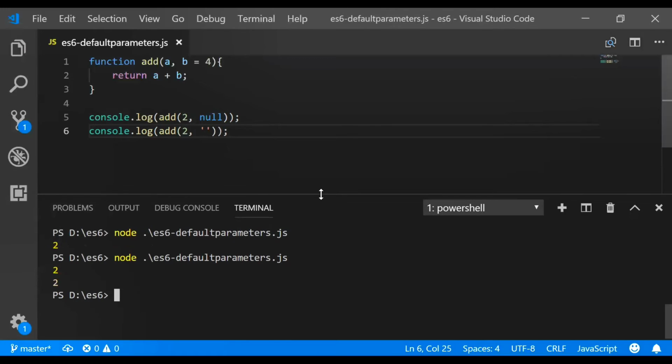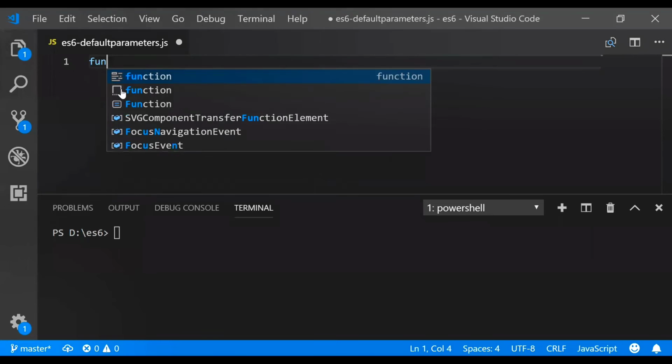As you already know, if a string is added with a number, the output will always be a string. In the result we can see a change in color. As you can see, it turns white, which indicates that it returns a string. The 2 is a string here. So you have to be aware of these scenarios before you use default parameters with these values.